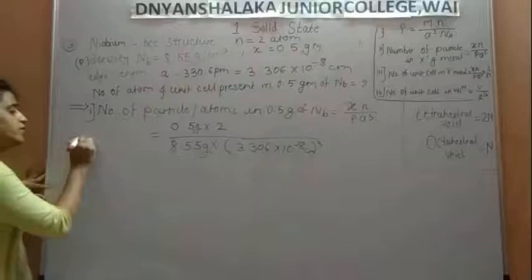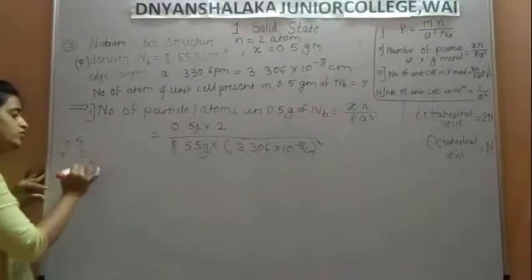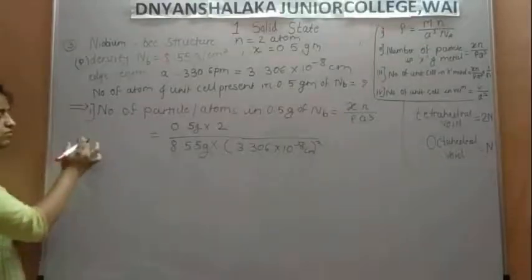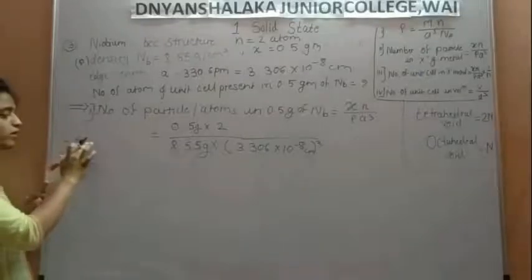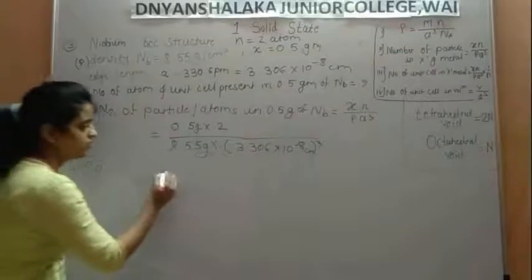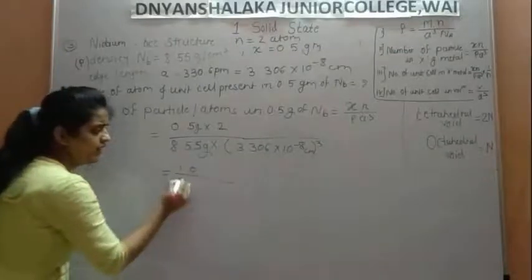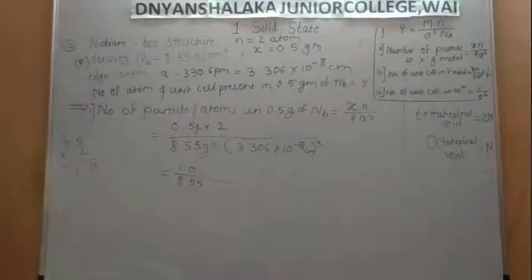So simply 0.5 into 2. So 5 2s are 10, and we get simply 5 2s are 10 and a decimal point. After the decimal point, how many digits? 1 digit. So we place 1 digit after the decimal. So we get the answer 1.0 gram upon 8.55 and